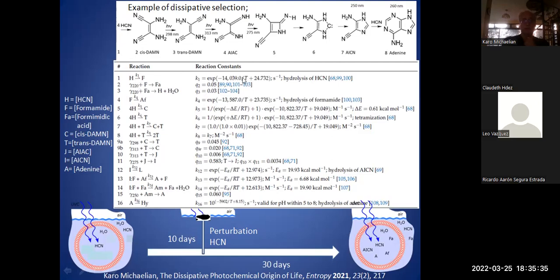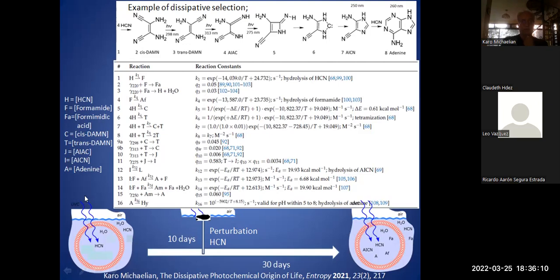So this is a chemical reaction. We have a rate constant. And we also have photochemical reactions, this one converting formamide into formamidic acid through the absorption of a photon. Or for example, this case where we're going from cis-DEM to trans-DEM, that is this equation here, absorbing a photon at 298 nanometers. We go from cis-DEM to trans-DEM. And for these photochemical reactions, we have a quantum efficiency.